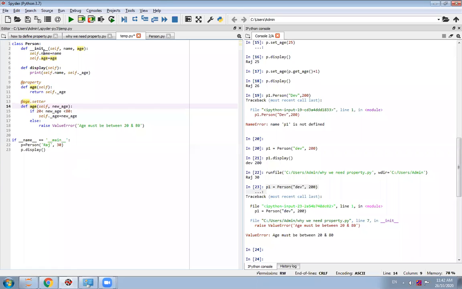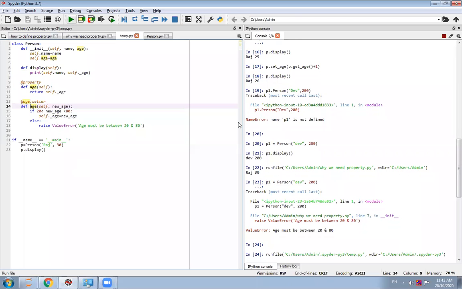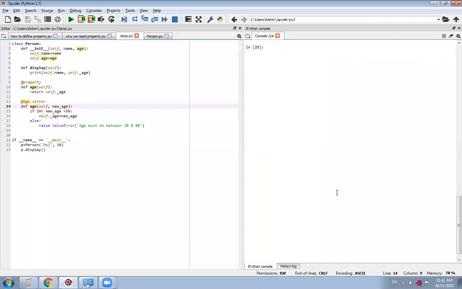So this program. In the output we got the same, Raj 30. So see our previous code and this code. Here we have used this property decorator.